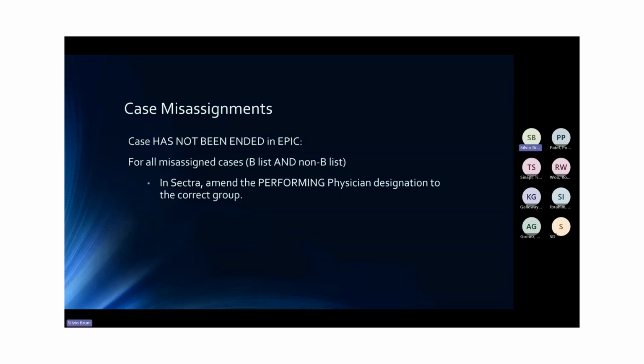But really notably, this should be applied to all misassigned cases. But really it's most important for B-list cases that have been misassigned to something else, or when a non-B-list case is misassigned to a B-list, just because that will determine if a WFO is triggered or not. For all other misassignments, say a VIR case was accidentally assigned to high-res lung, it's less mission critical that the performing physician